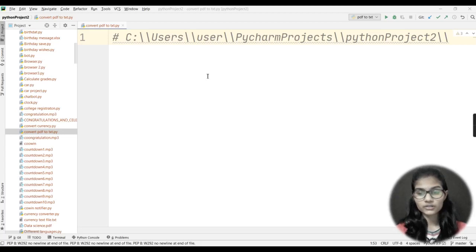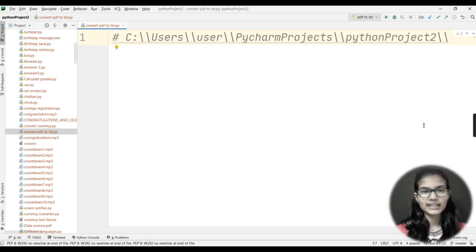So basically, today I'm going to tell you how you can convert that .pdf to a .txt extension using a Python program. Now you will not need any further software, any particular app, or any Google search like that for converting a PDF to text. Now you can just convert that on your own.